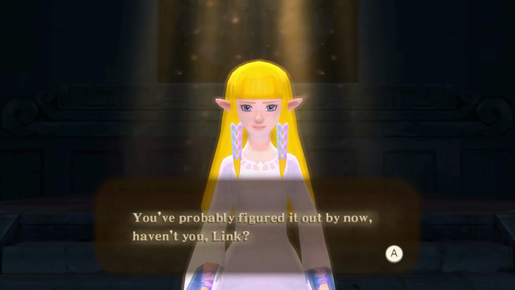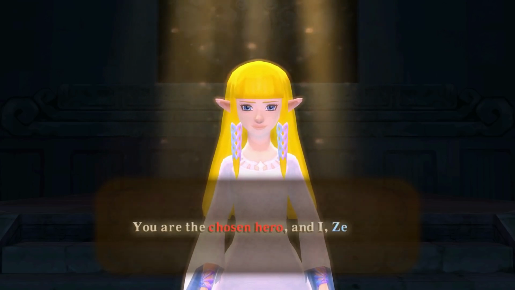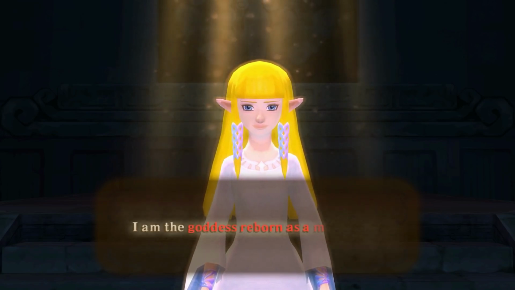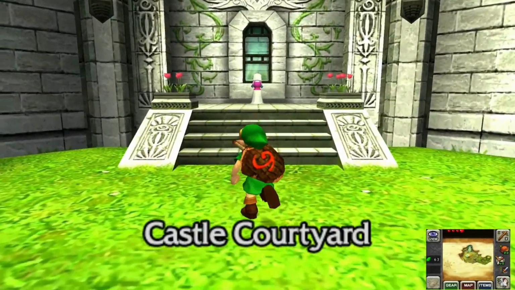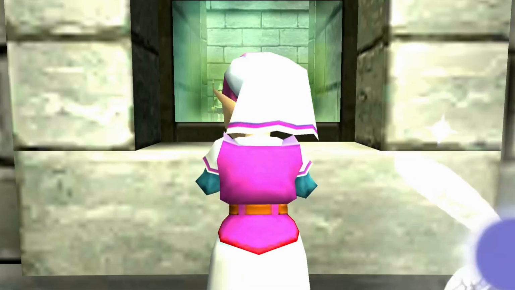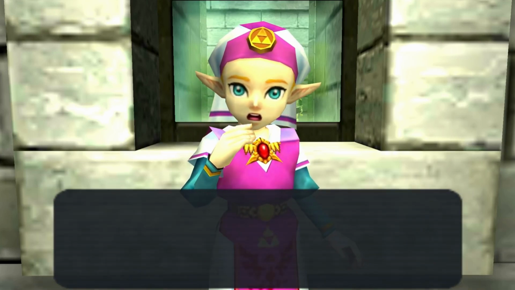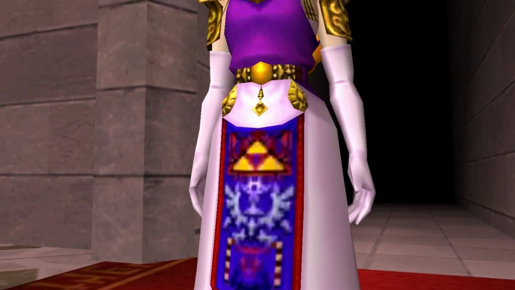If you played Skyward Sword, you know that the Zelda in that game was the reincarnation of Goddess Hylia, and that every Zelda we see in the games is a descendant of that first Zelda, and that the firstborn in the royal family is always named Princess Zelda. However, Zelda is usually depicted as an only child in the games, which means she has to have a child to continue the royal bloodline.